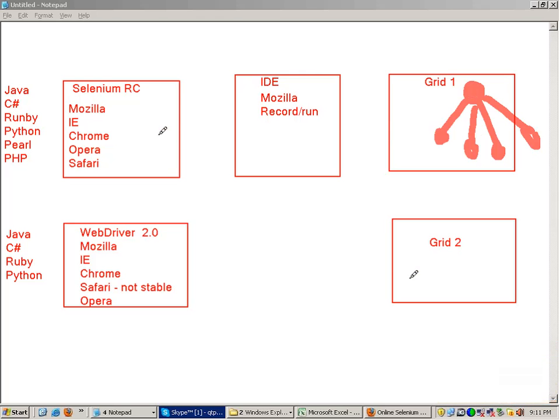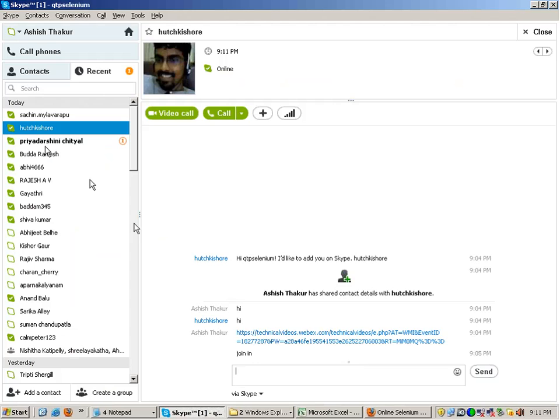Grid 1 supports RC; Grid 2 supports both WebDriver as well as RC. Now this tool is a single tool having many tools inside it. So in this course we will be talking about WebDriver. Let's start.